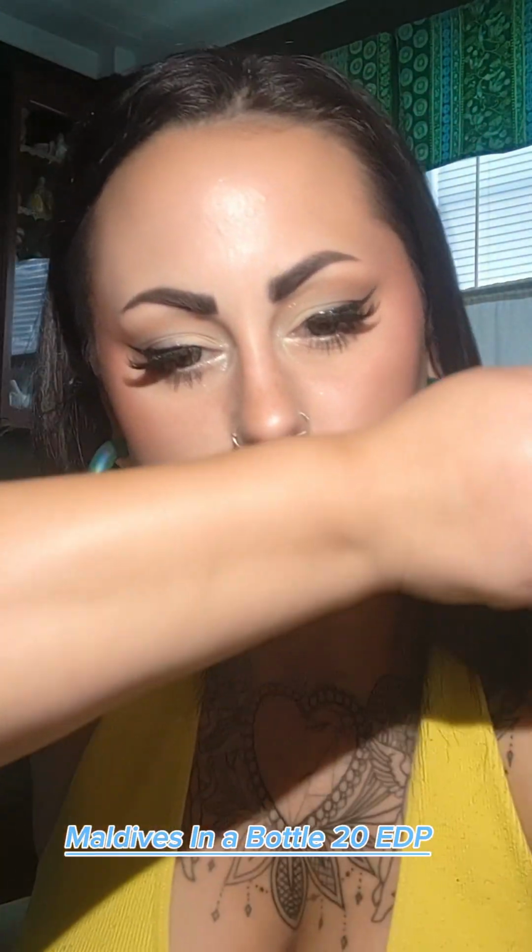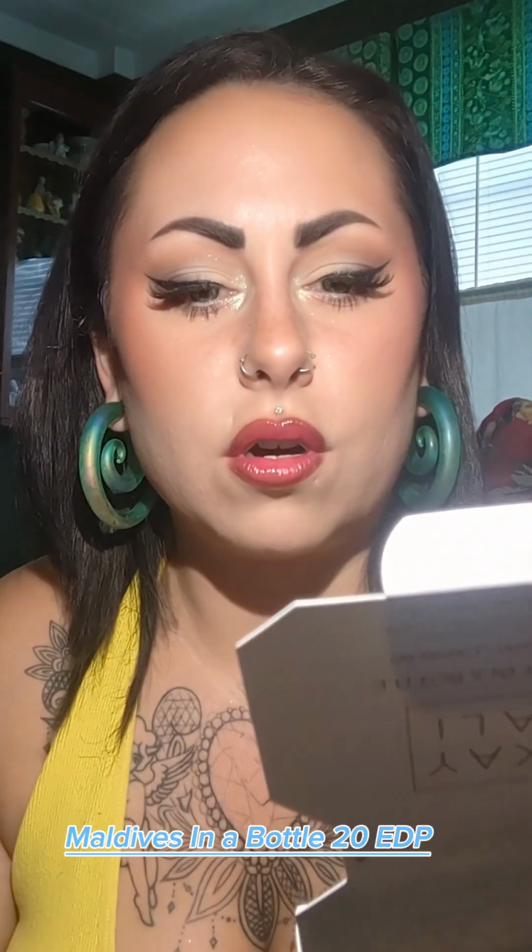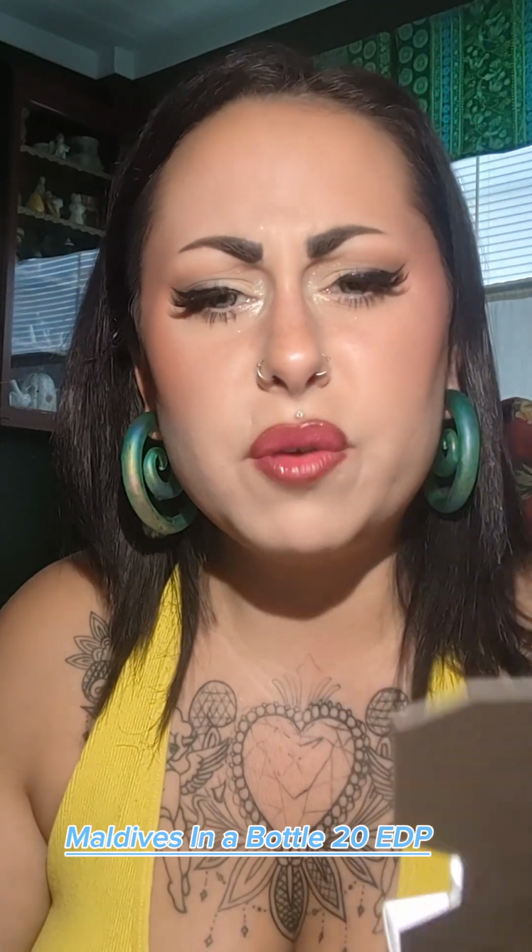I don't really know what I'm smelling here, but it's nice. That's definitely very yellow floral. The ylang is definitely very present. Obviously, ylang, cocoa. The banana blossom,